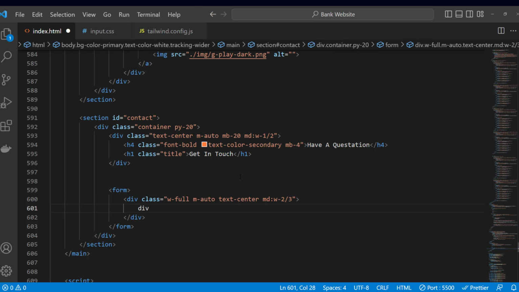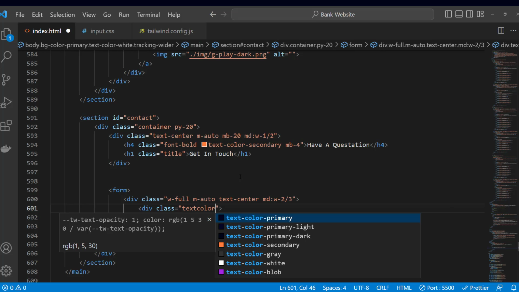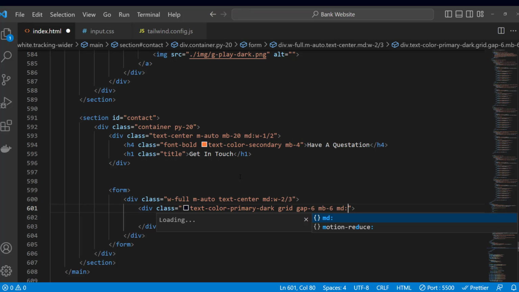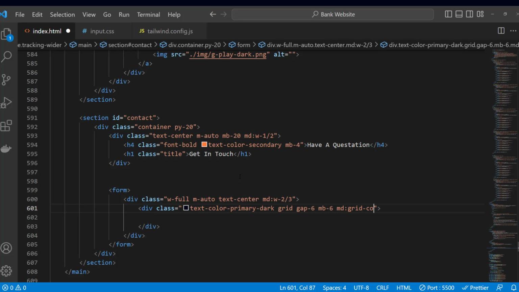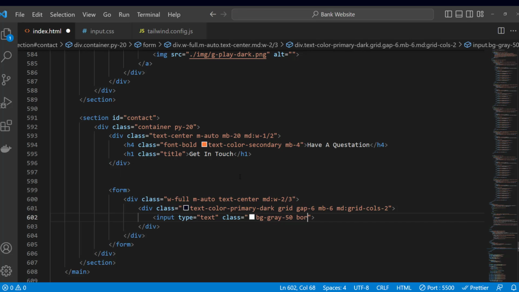Inside it, let's have a new div, and that div is going to have a class equal to text color will be primary dark, display will be grid. I want to add some gap, margin bottom, and for medium screen and up, grid column will be 2. Inside it, let's have an input tag. Give it a class equal to, I want to add background color bg-gray-50. I want to add some border, and border color will be gray 300. Text is small,